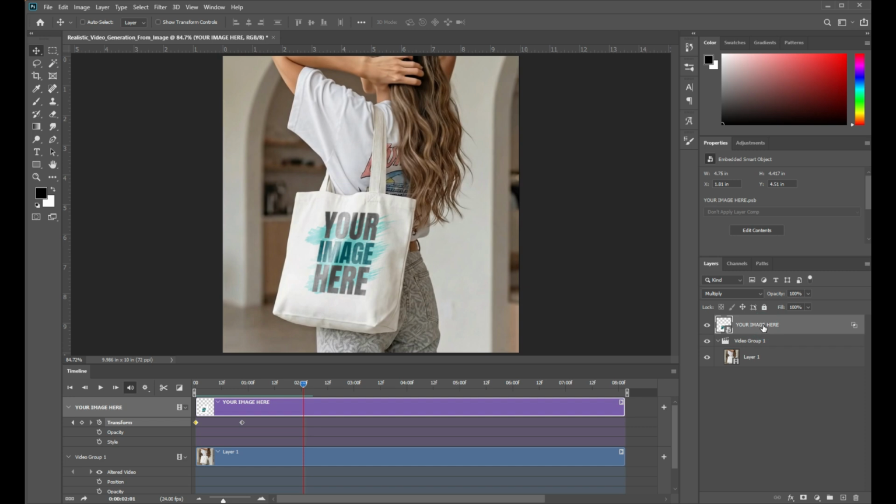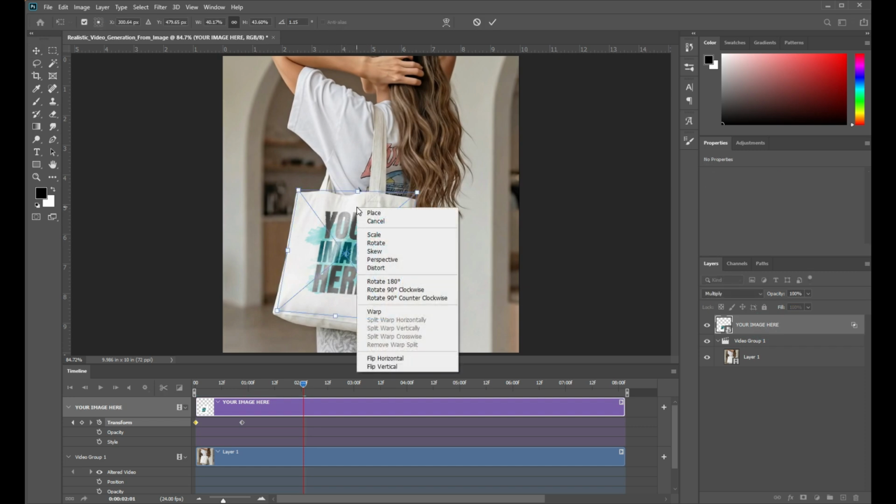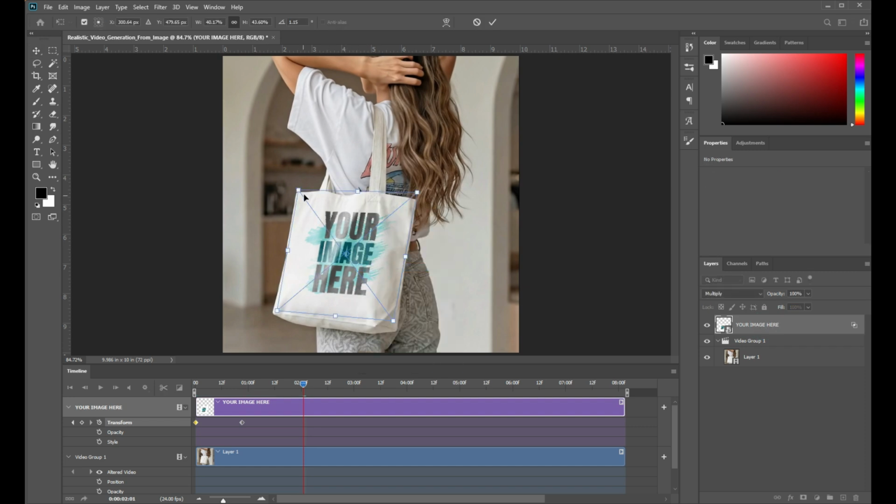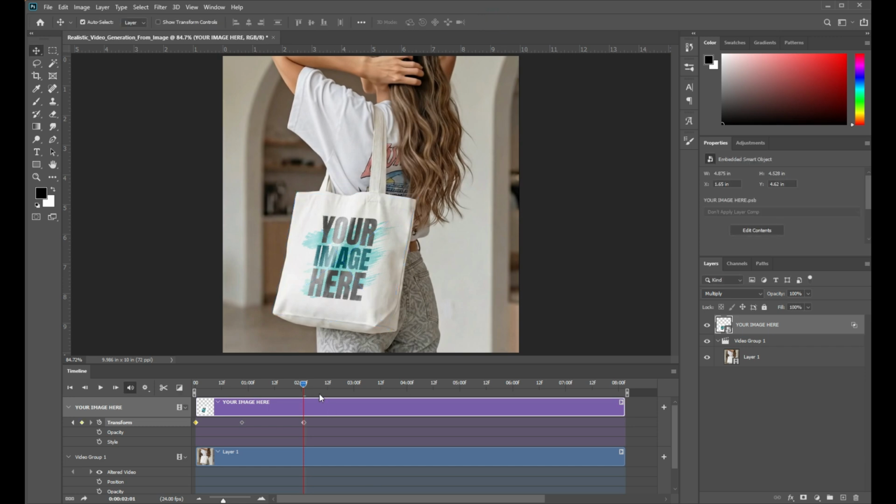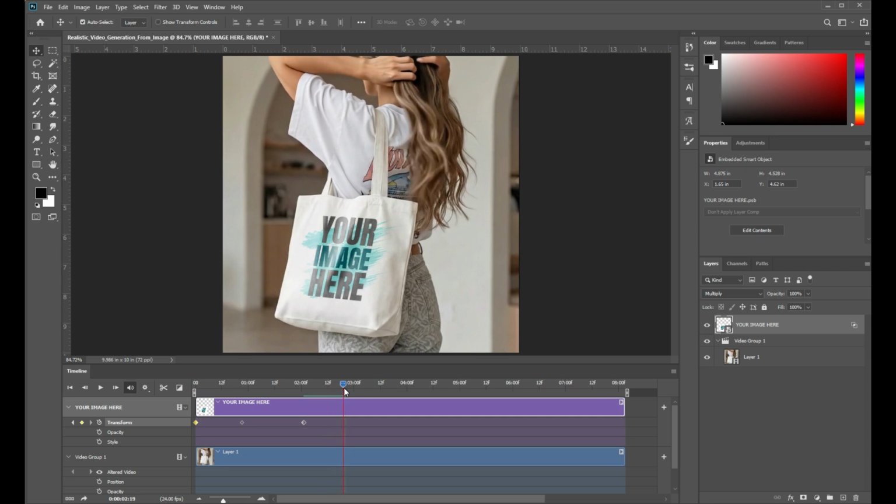Select the smart object, press Ctrl T, select Distort and adjust all 4 points. Press the right option here. Again slowly play the video and